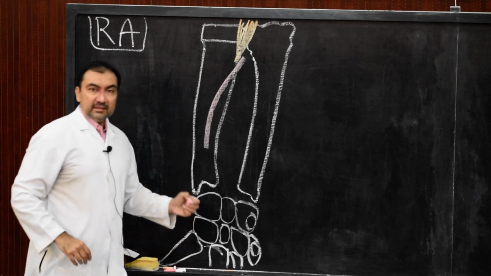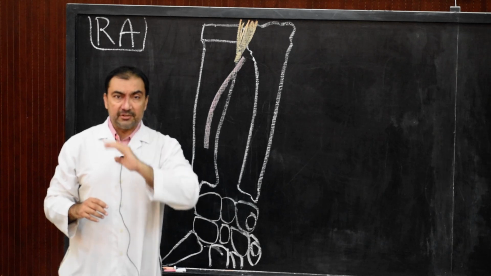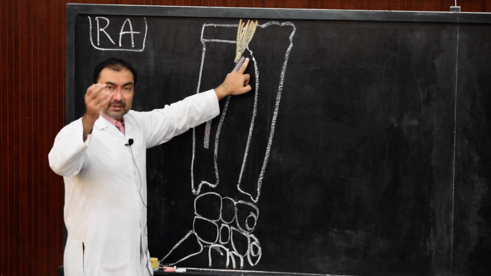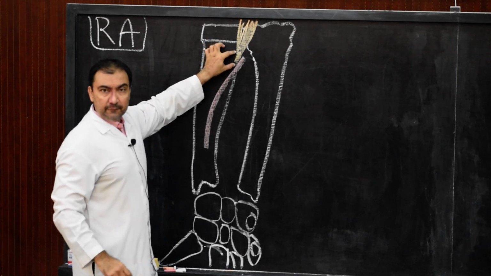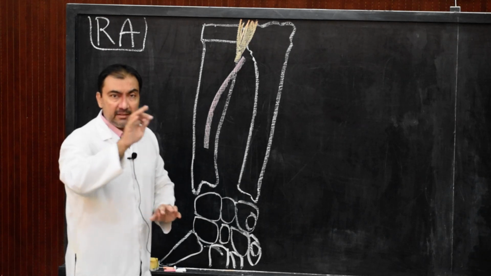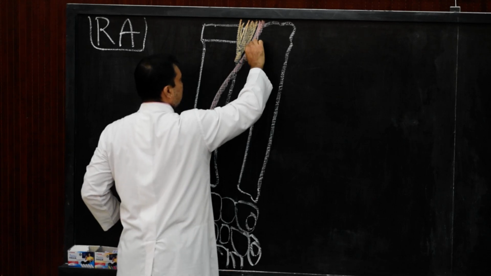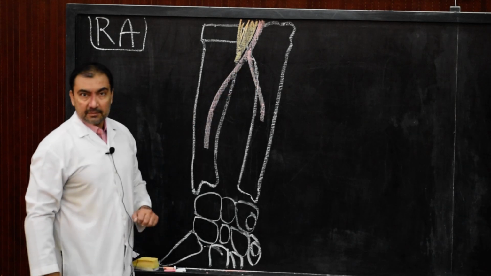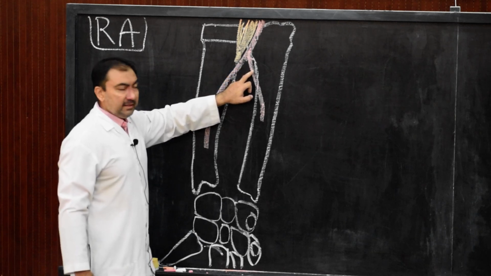So this radial artery is a branch of brachial artery. It is the smaller terminal branch of brachial artery, which will arise 1 centimeter below the bend of elbow, in front of the neck of the radius, and it will be lying medial to the tendon of biceps. So from above, this is brachial, and this brachial artery will divide at this level into radial and ulnar. So here, this is brachial artery, tendon of biceps, this is radial artery, this is ulnar artery.